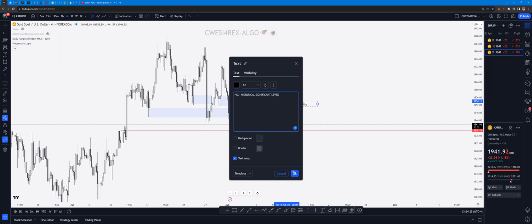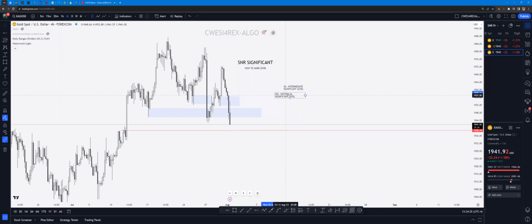Let's say these are the two significant levels that we have. The first one is ISL, the second one is HSL, right? With the ISL, the other name for it is